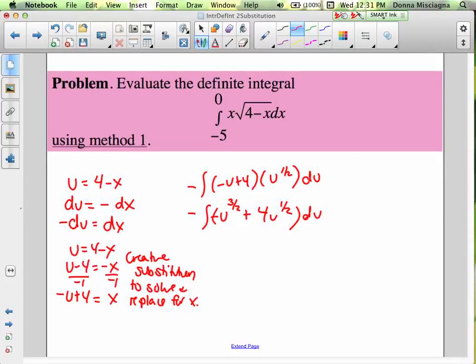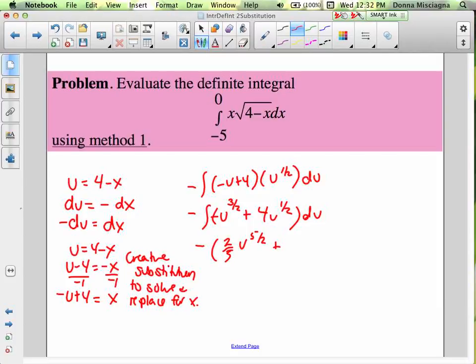We'll just integrate each of these, and I'll distribute the negative at the end. You're missing 2/3 in front of u when you get the integral. U to the 1/2 is 2/3 u to the 3/2. No, I haven't integrated yet. All right, so this is going to be u to the 5/2. Is everyone okay if I just do times 2/5 instead of dividing by 5/2? So 2/5 u to the 5/2